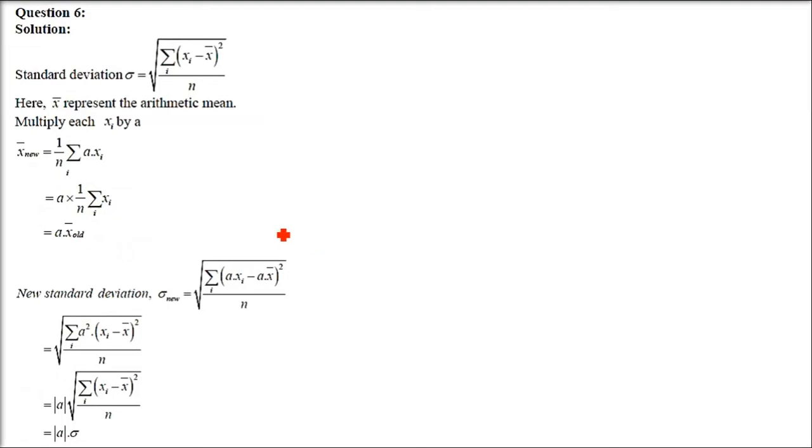Now next one is sixth. If each observation of a raw data whose standard deviation is sigma is multiplied by a, then write the standard deviation of the new set of observations. So this question is simply about the variables. There will be an old value, and then we'll take a new value, which is simply all numbers multiplied by a constant which is a. So every element is multiplied by a constant element which is a. So the old value we will find out, then the new value we will find out. So the new standard deviation after multiplying each element by a is to be found out in this question.